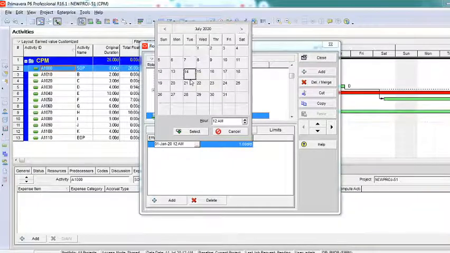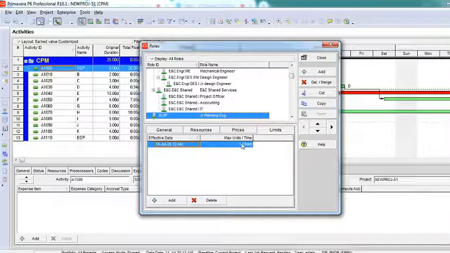I'll say from 14th of July, you can have a maximum of 5 planning engineers per day. No matter whether you have 10-20 in your company, the maximum you can use on this particular project is only 5. I'm limiting it, I'm restricting it. That is what we call limits. You cannot use more than this number of junior planning engineers for this project. Okay, understood? It's very simple. And I'll just say close.